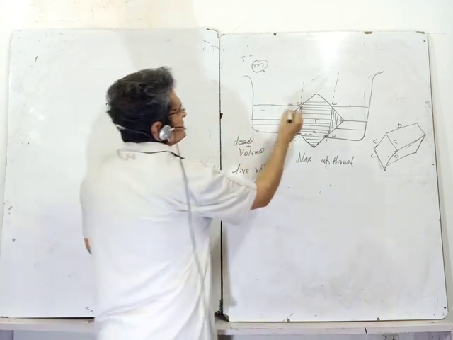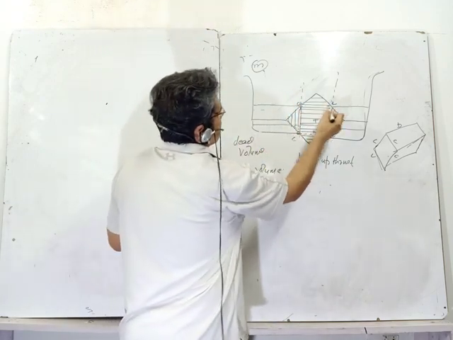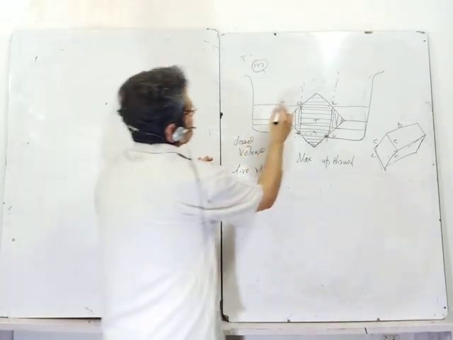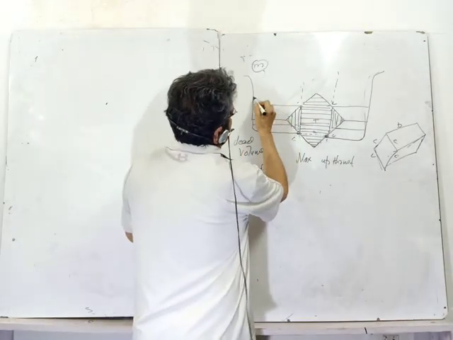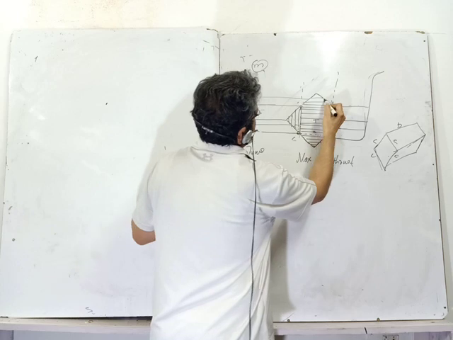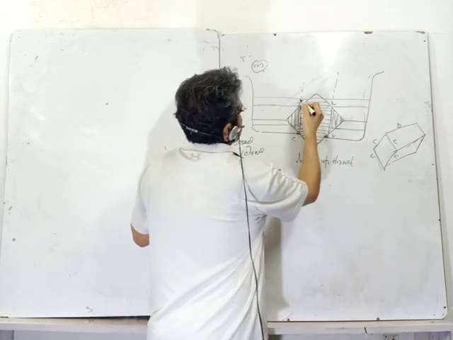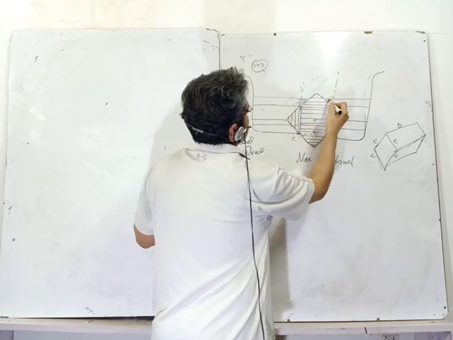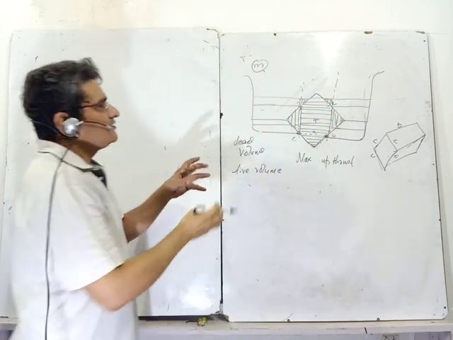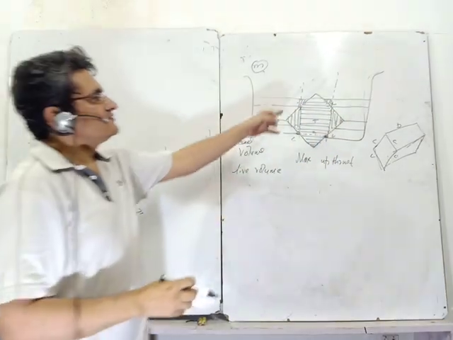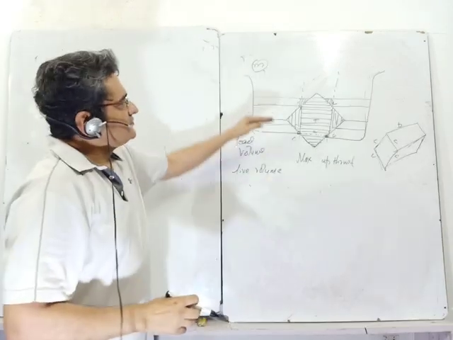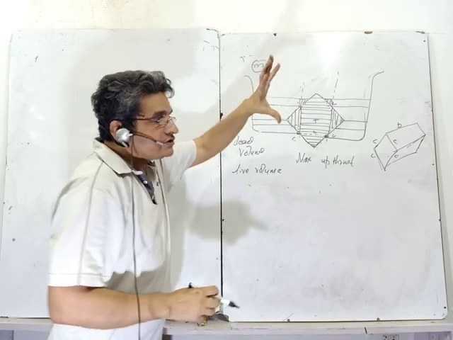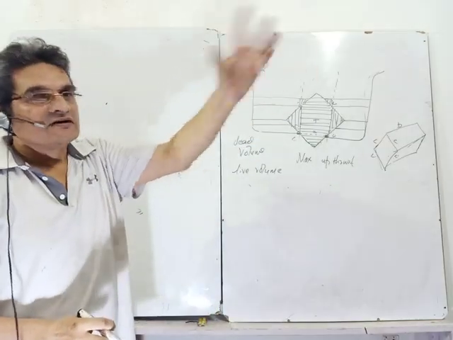The moment I go beyond this, I have no live volume to capture. If I increase the level of liquid, I will just increase the weight of liquid above it. This is the extra weight which has now come on this body, but I have not got the extra volume to counter this extra weight. So once I cross the threshold level, my total upthrust which is available to me will reduce.